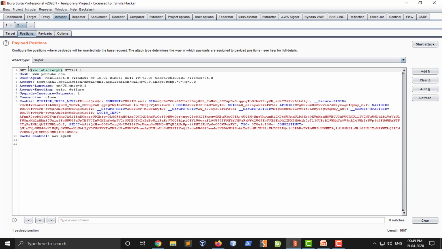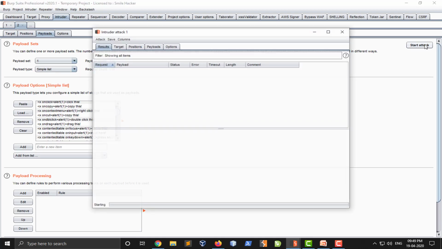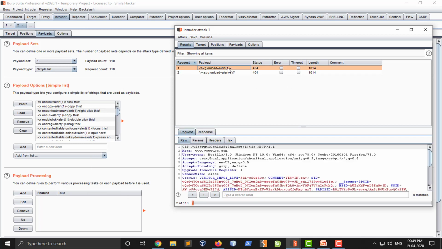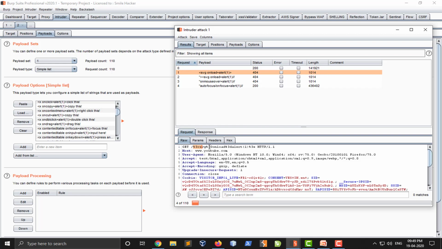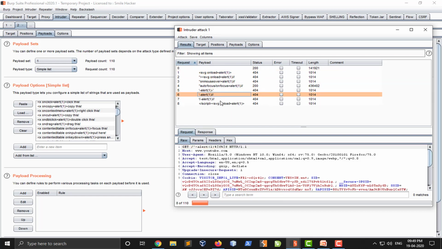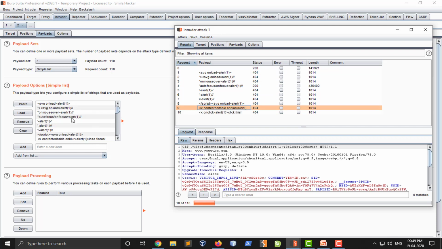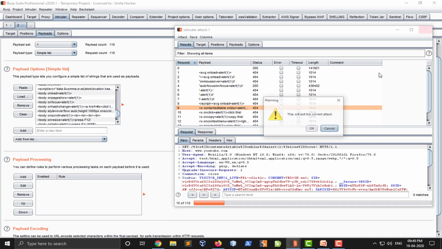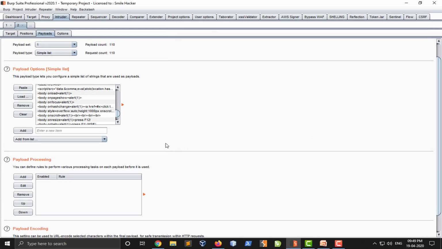So between these two dollar signs, it will start our payloads attack. So here we click on start attack. So you can see instead of smile they are performing XSS payloads. You can see these are loaded from my txt file. So this is the intruder tab for performing brute force or brute forcing such things.